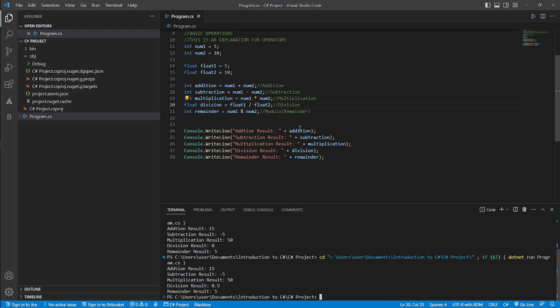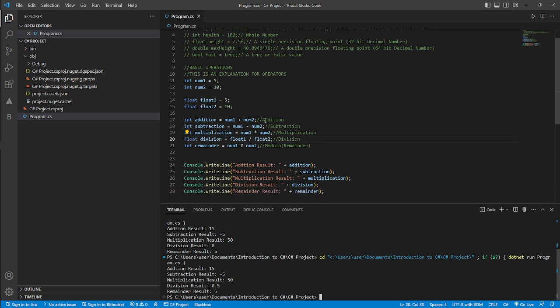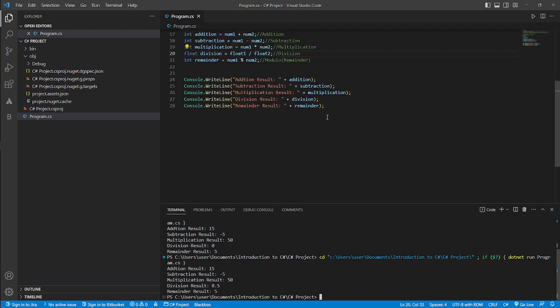All right, so now that we've seen how floats and integers work, and we've seen basic operations, let's look at comparisons. This is comparisons. So as the name suggests, comparison operators are used to compare two